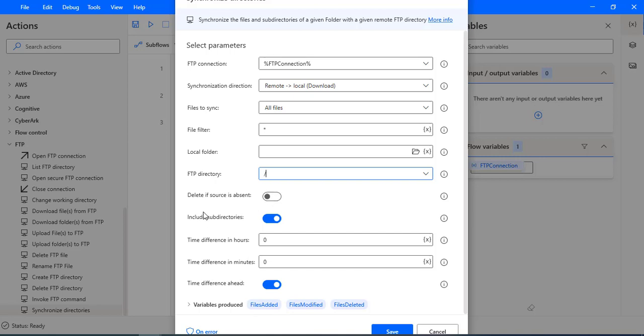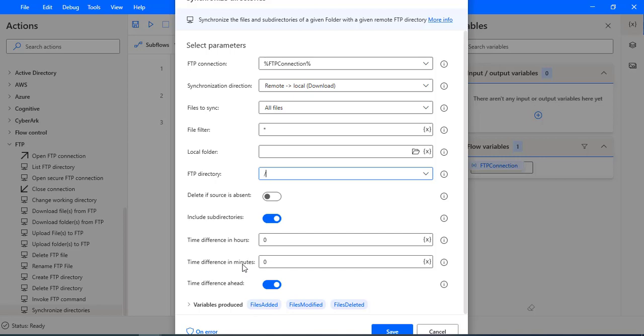All right. And after that, if you want to download or upload including the subfolders, like in the FTP directory, if I have any subfolders and you want to download all the subfolders including the files, in that case you are going to use include subdirectories. All right. And there you have time difference in hours and time difference in minutes.